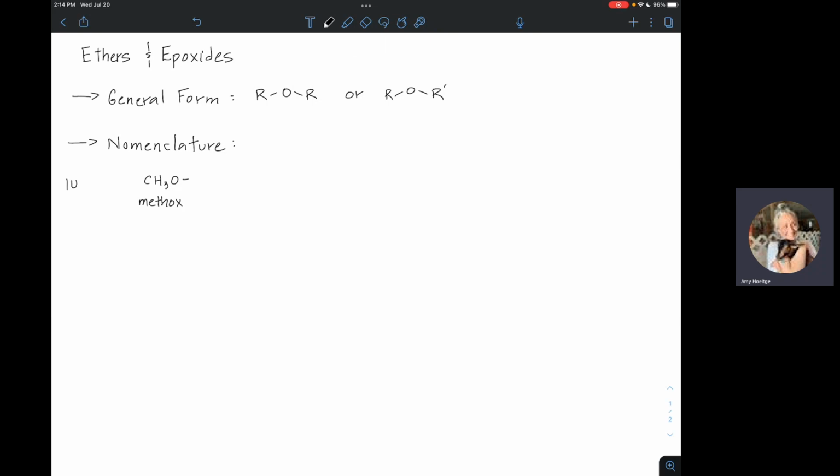So this is IUPAC nomenclature. We'll explain common in a sec. Another example, this would have been an ethyl group, right? So that little line right there after the O is saying I'm going to be bonded to another R group. And this is ethoxy. So in other words, these can be substituents, right? So for example, if we had something like this,